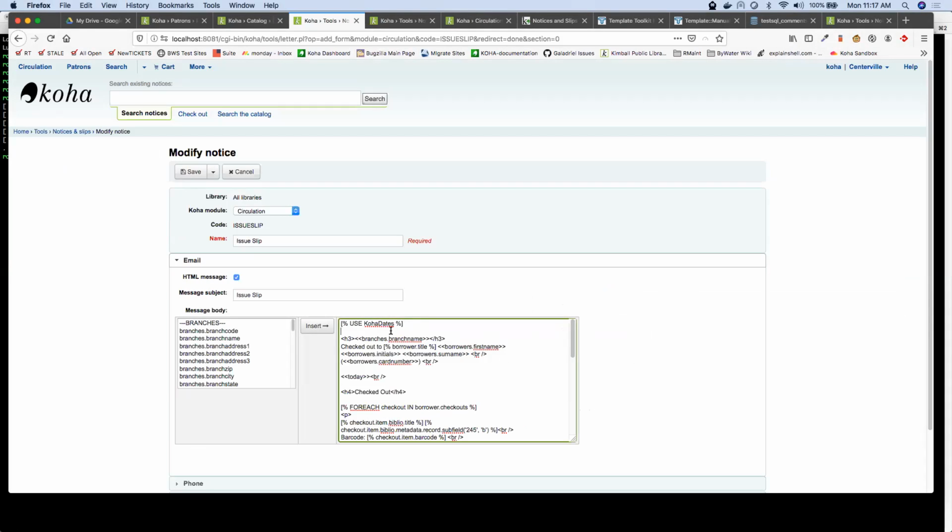Cool. So there are some other modules like this Koha dates that we're going to look at in a bit. And that might be when we move on to the hold slip. But before we do that, we're going to look at a couple other things here on this issue slip. What's great about Template Toolkit is that we can add a lot of things that may not be available to us with the old syntax. So I'm going to jump over to